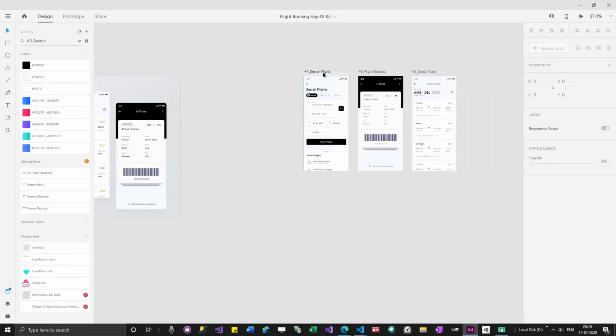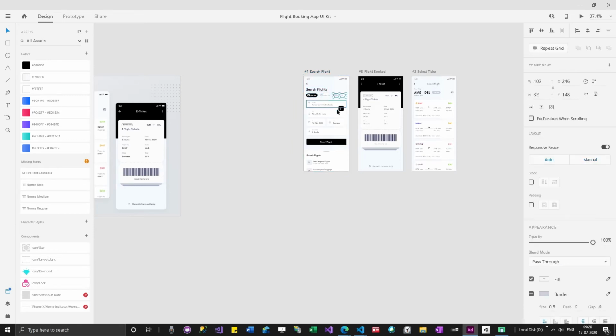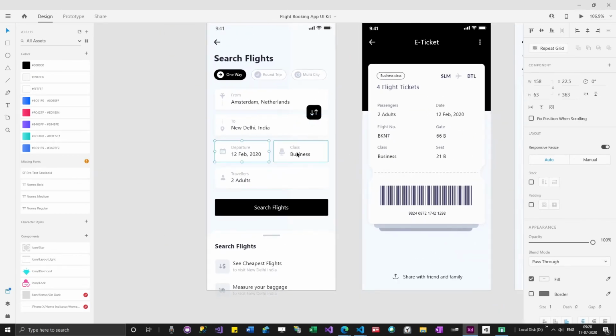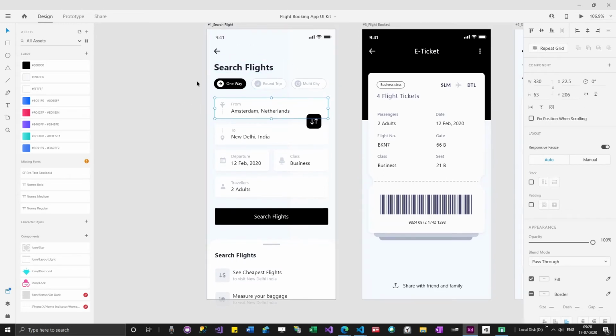They have given some screens and everything is selectable. Some things might not be selectable if they are using images, so you can make it big like this. And whatever they have shown here,